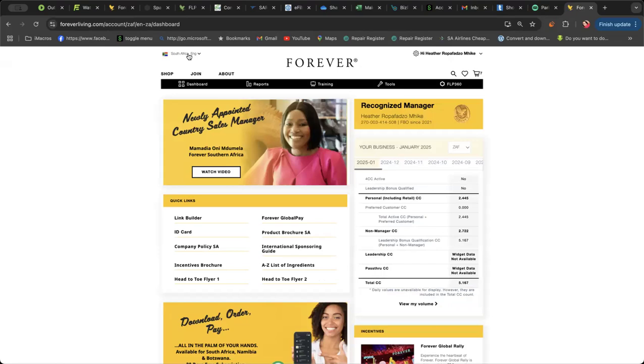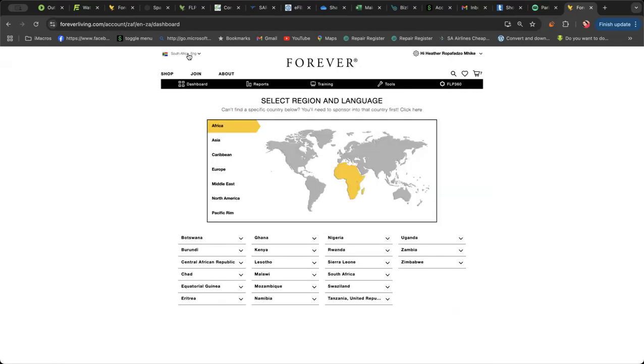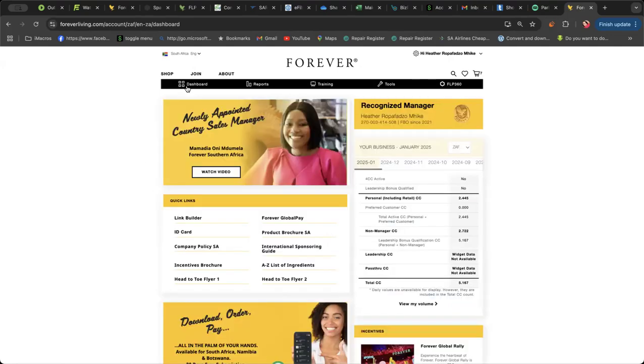You do have the option to change. So let's say, for example, you want to open UK. You can then just come here, change to Europe, and select the country that you want. You do have that option to change. So this is your dashboard. And when you are here,